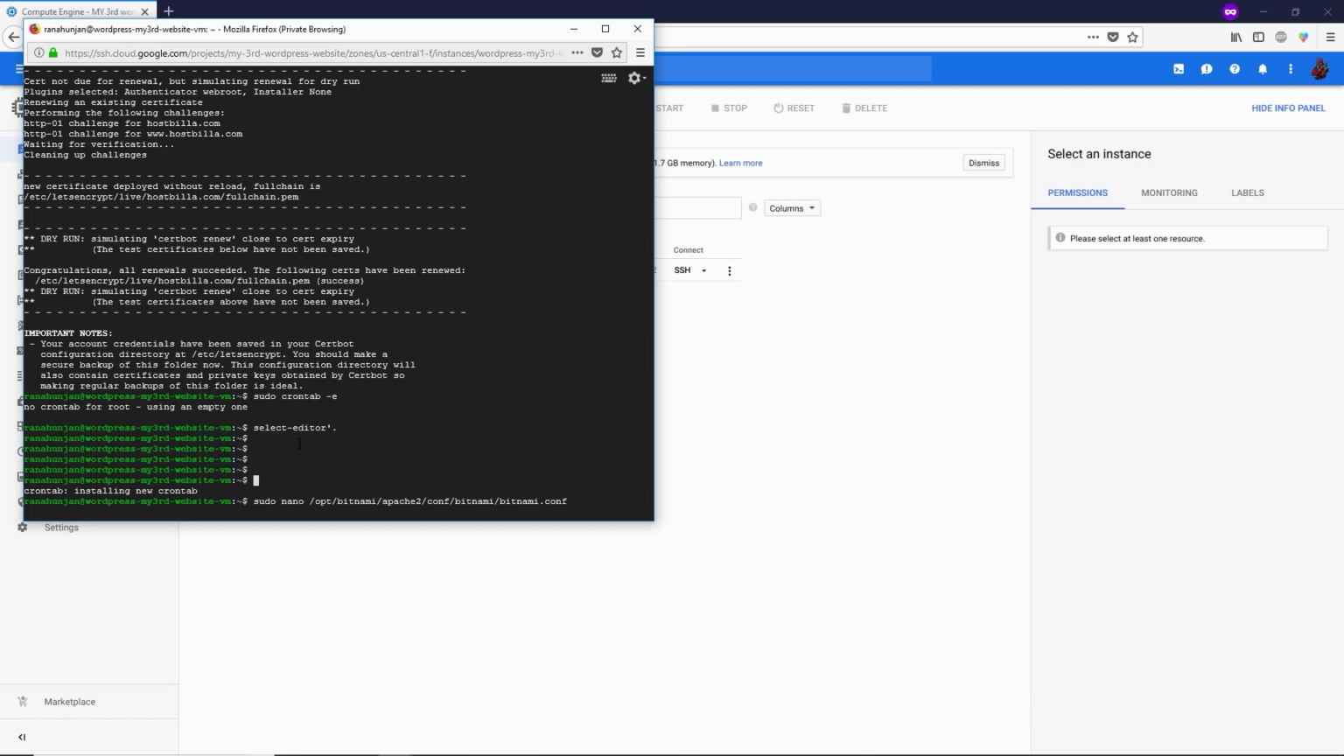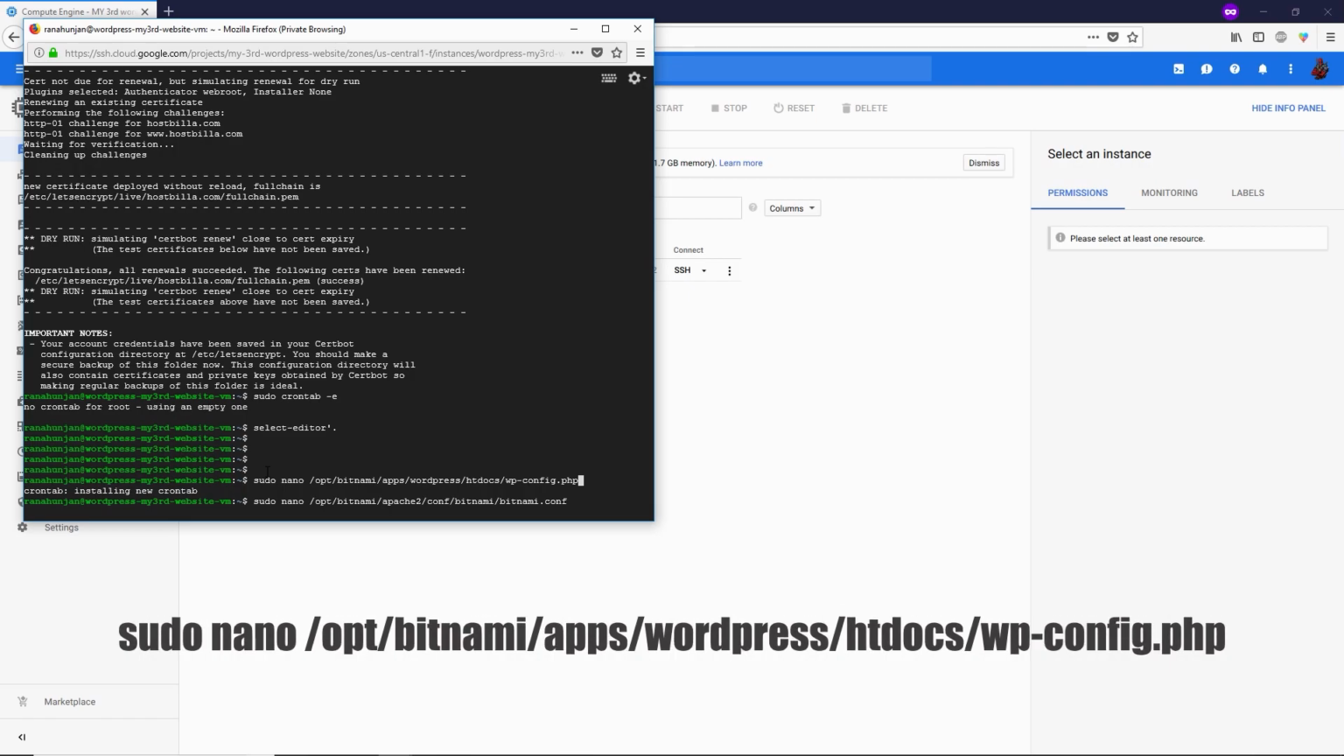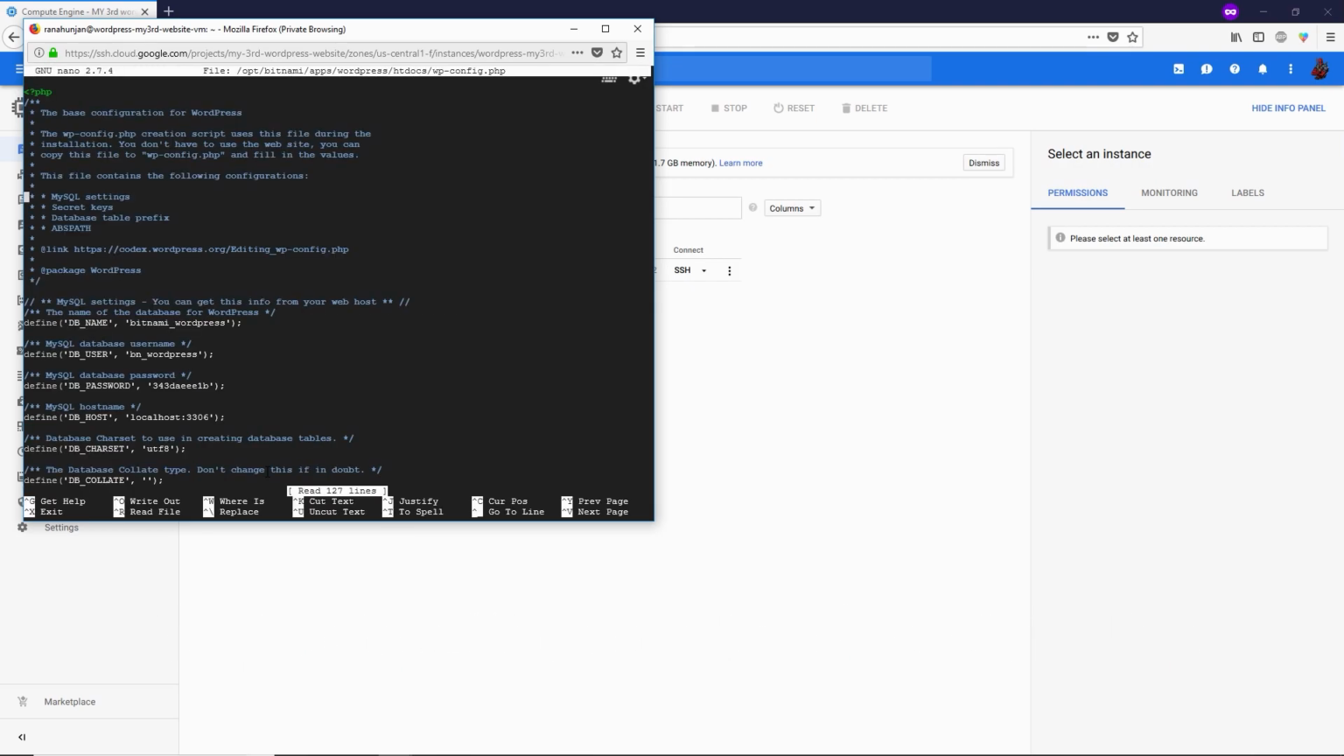So in the next step, we have to change our WordPress website URL from the WP config file. So in order to open the WP config file, we need to paste the following command, and I'm gonna press enter. I'm going to the middle of the code by pressing my down arrow key,